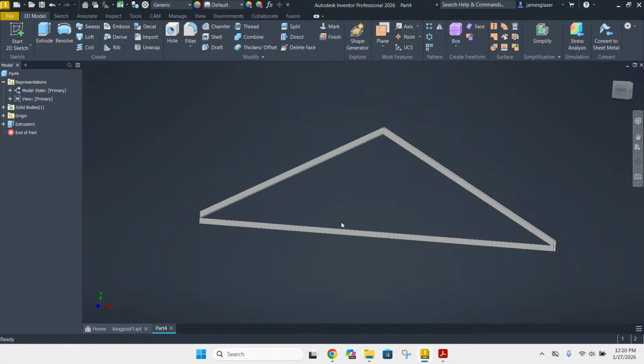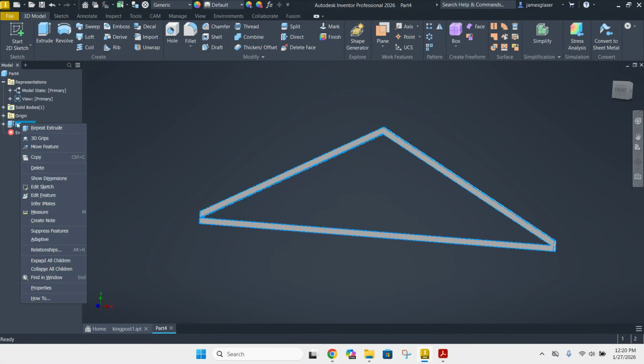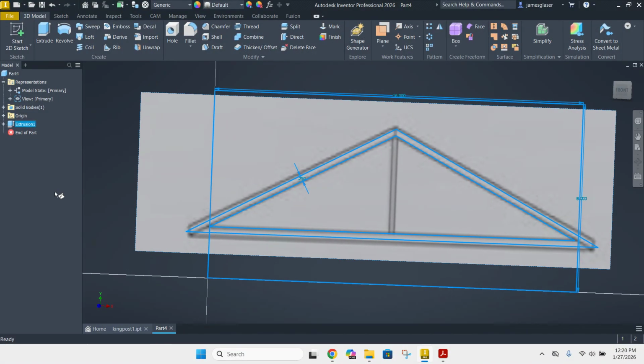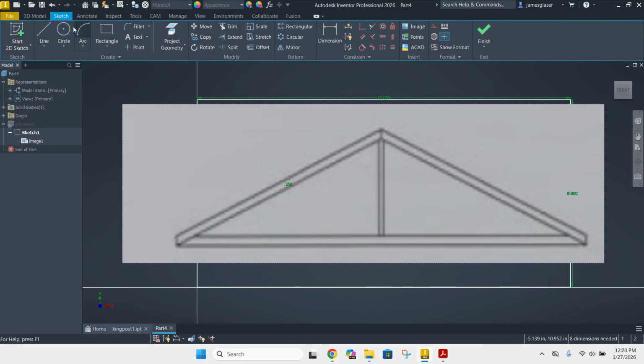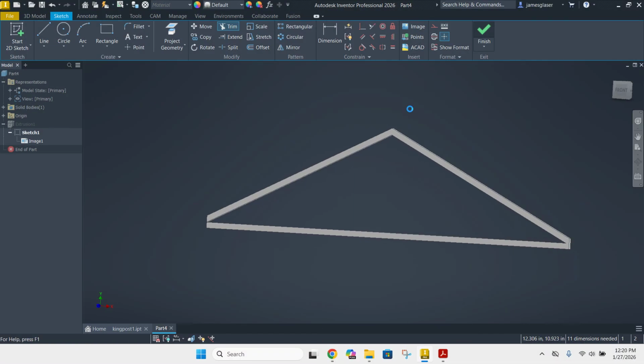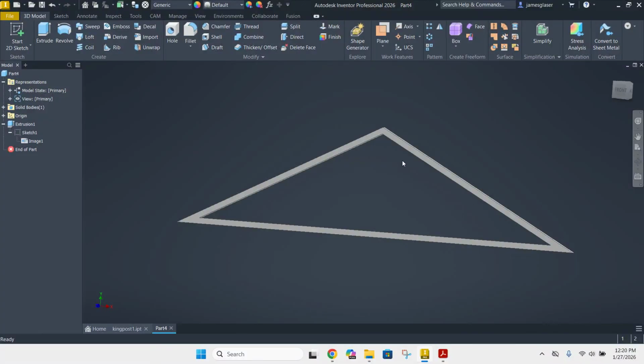Now, when I look at this thing, I cut it off right there. So when we're extruding it, actually I'm going to grab my trim tool, so that way it doesn't cut off my edges. There we go. So now what I can go ahead and do is I'm going to make a 2D sketch